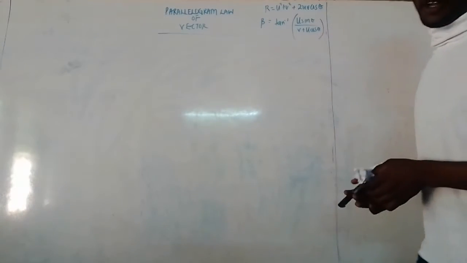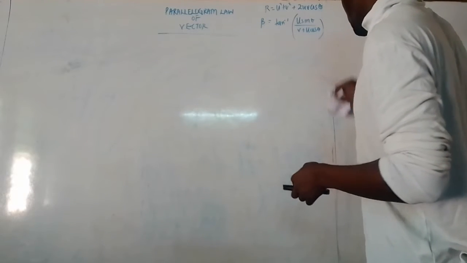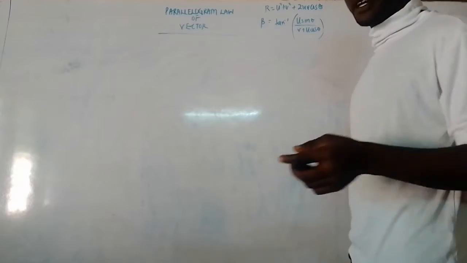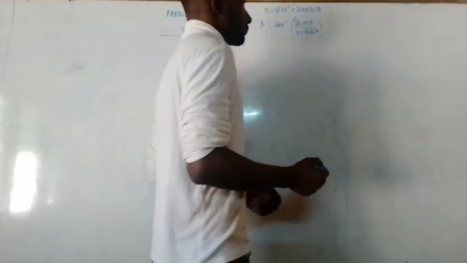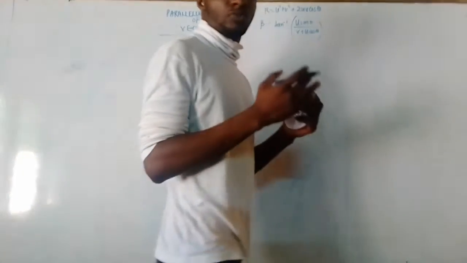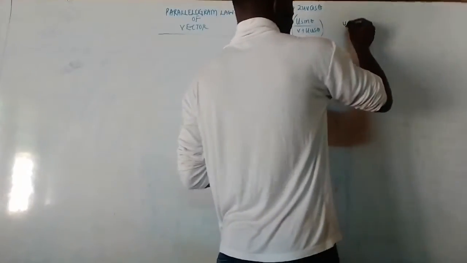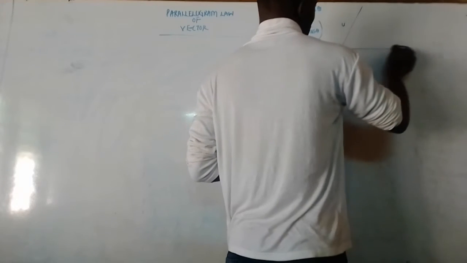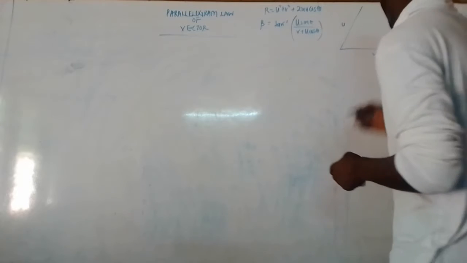Now we're going to be finding the resultant of a parallelogram, which we can only get through using the parallelogram law of vectors. The parallelogram law of vectors states that two particles moving simultaneously with uniform velocities. So two particles U and V are moving with